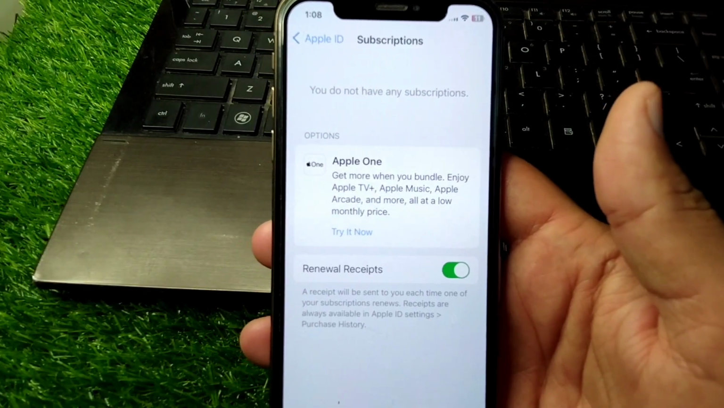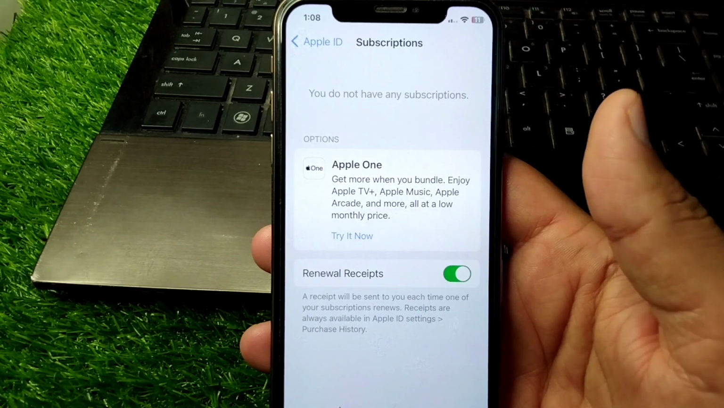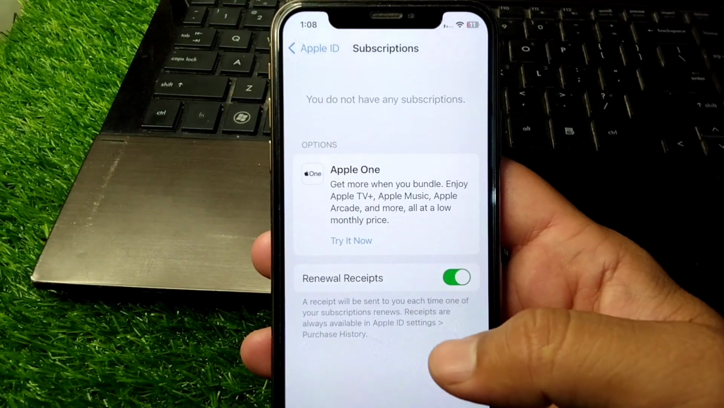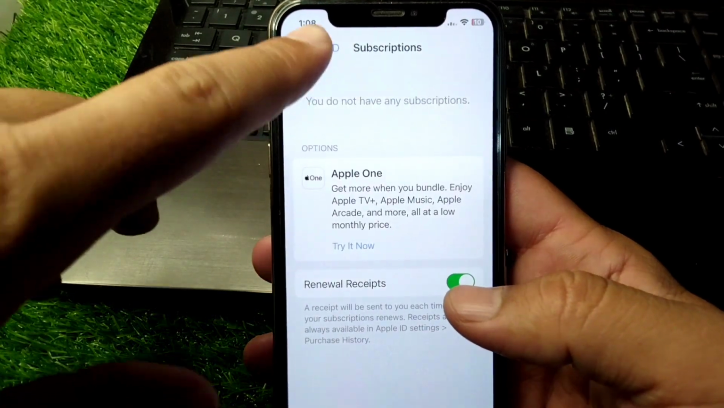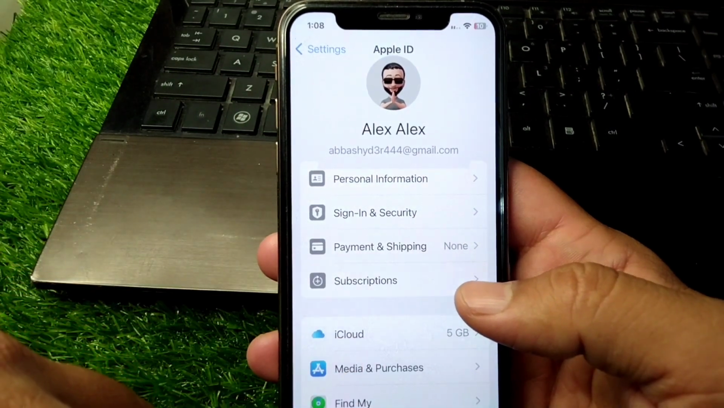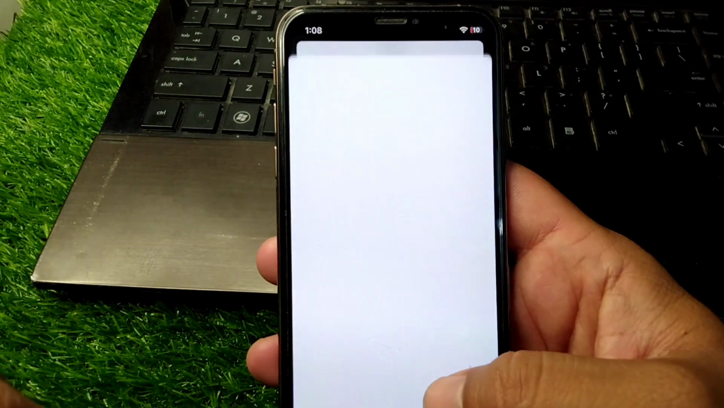So guys, from here you have to simply make sure that there is no unpaid subscription on your Apple ID. If there are any unpaid subscriptions, simply pay for them, and after this go back. And now you have to simply tap on Media and Purchases, tap on View Account,